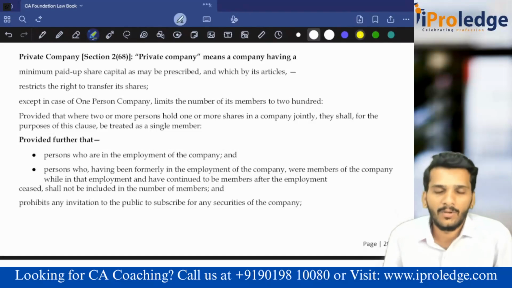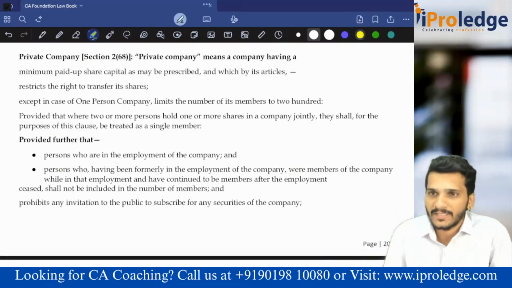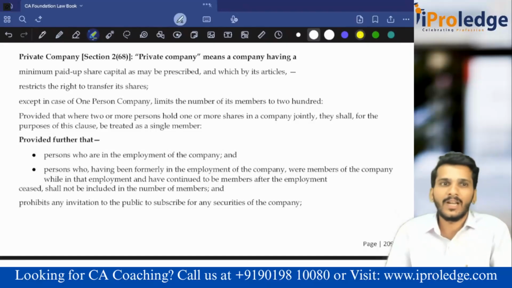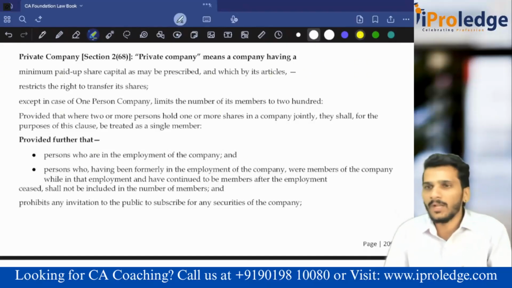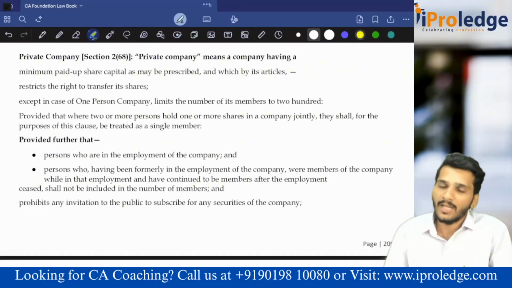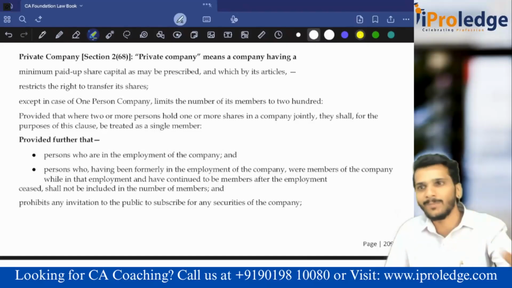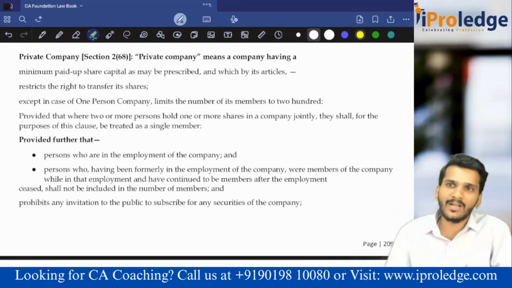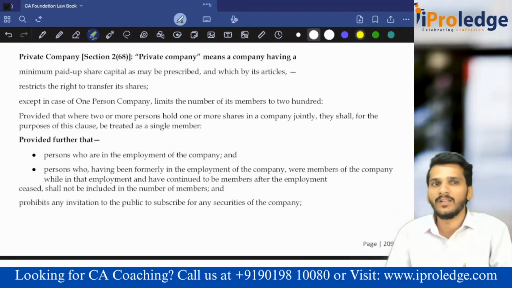What is that restriction condition? The private company restricts the transferability of shares. What is this transferability of shares? The maximum number of members is 200, minimum is 2. Now 3 members are there. One member wants to transfer the shares to another member or some outsider. Can he transfer? Yes, he can transfer, but there is some restriction. You take the approval from all the remaining members, then you can transfer. It is a restriction, not a prohibition. I am not telling you not to transfer. I am asking you to take permission and transfer. That is restriction on transferability of shares.